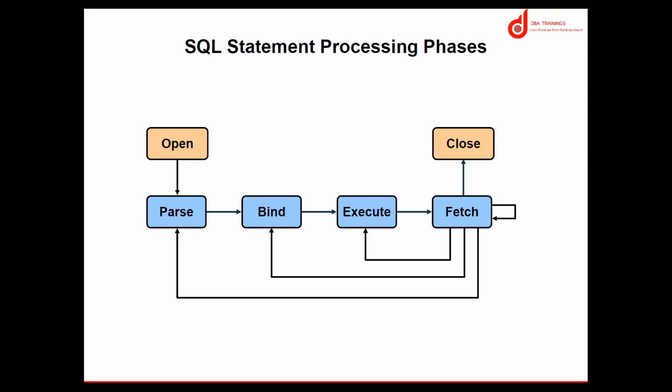Got it? So suppose your query has executed the first time, it will capture the data and keep it in the library cache for a long time. Got it? Okay. Whenever the same query comes, it will not execute the query again. Got it? It will process your query, check the syntax and everything, and then give you the value directly using the bind variable instead of your execution.